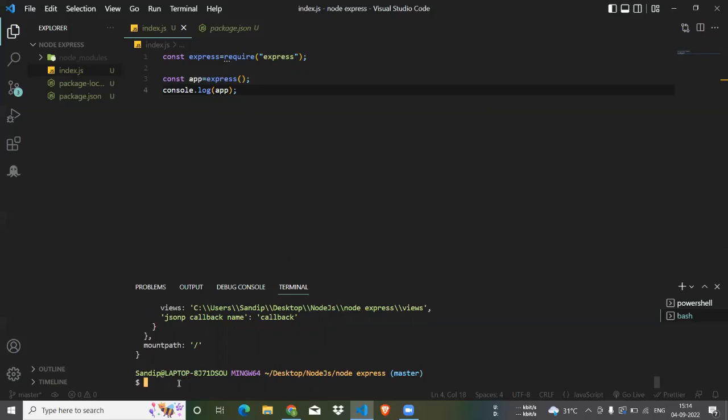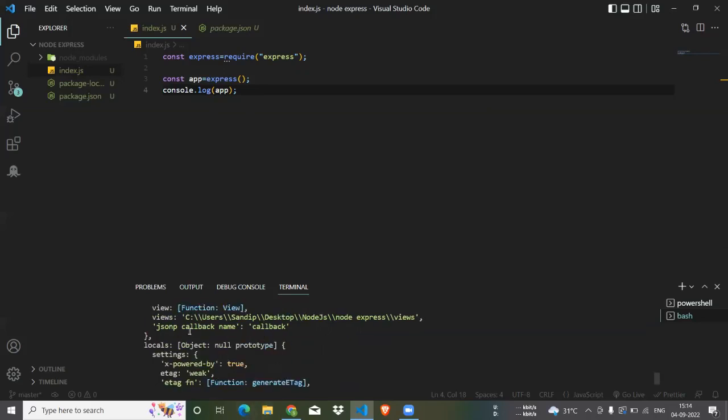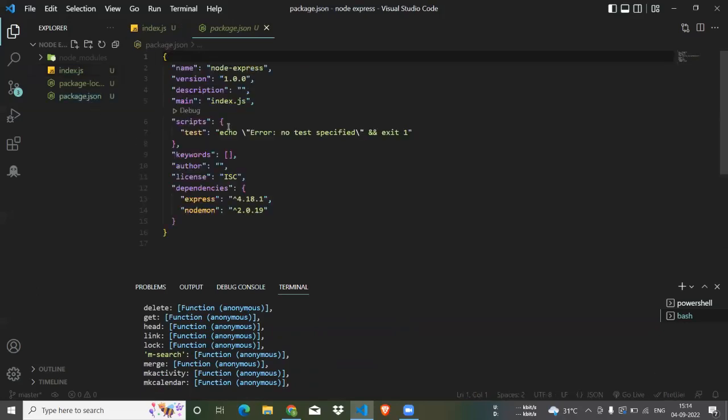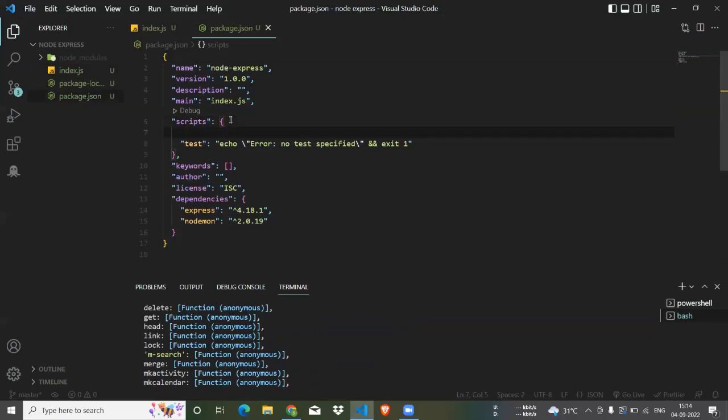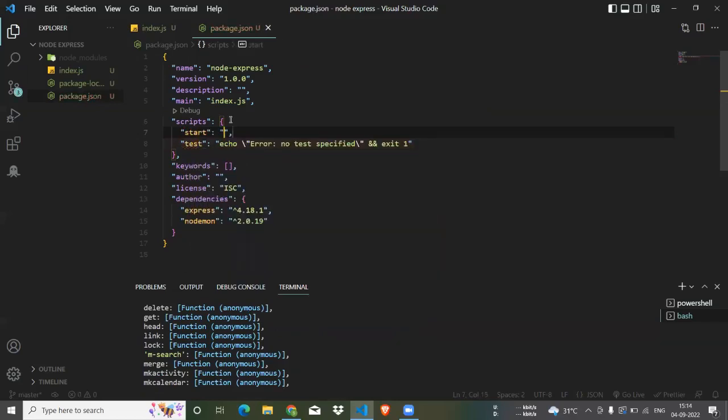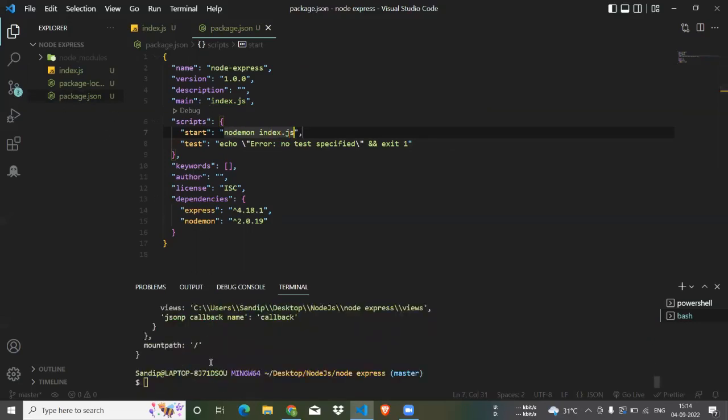So let's go, and if we are running our server again and again whenever we change anything, for this we go to the package.json, and here we need to add one key in the scripts: start is equal to nodemon index.js. And let's go and start our terminal. So if I type npm start and enter,